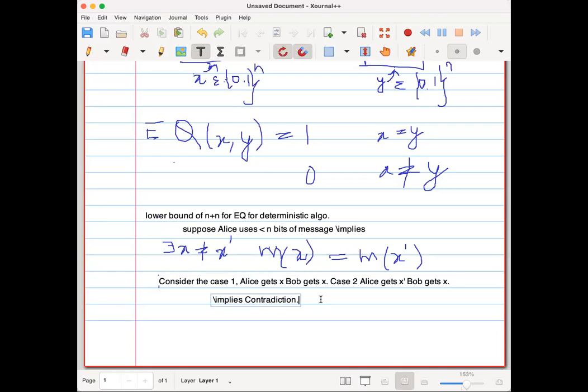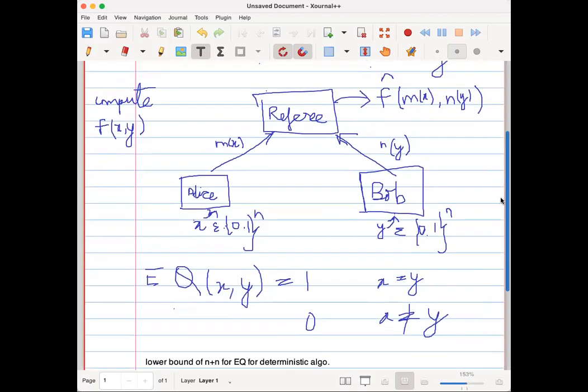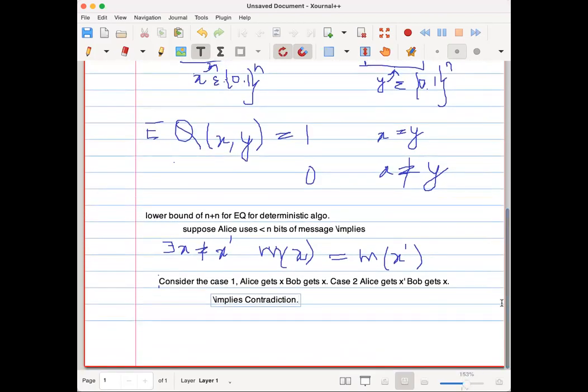So very simple. So this shows that Alice cannot use less than n bits. Similarly, Bob cannot use less than n. So we have proved the n plus n lower bound, and it's also the trivial outcome. Now let us see what happens for randomized algorithms. Okay. So now we will talk of